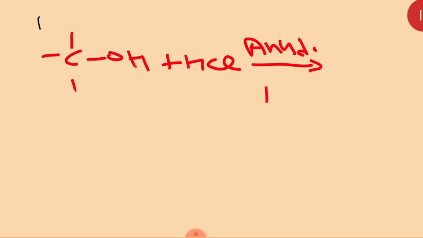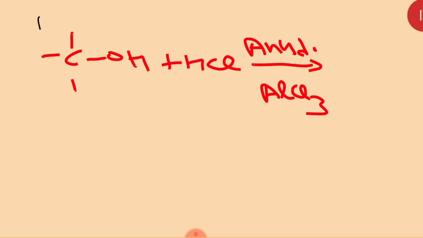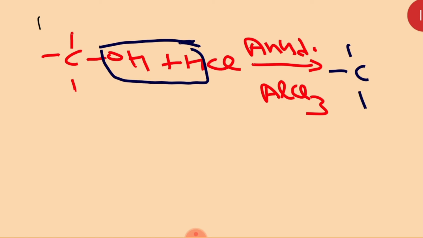This can be any alcohol, primary, secondary, or tertiary, with HCl in the presence of anhydrous ZnCl2. And as you know very well, water has been removed from there.